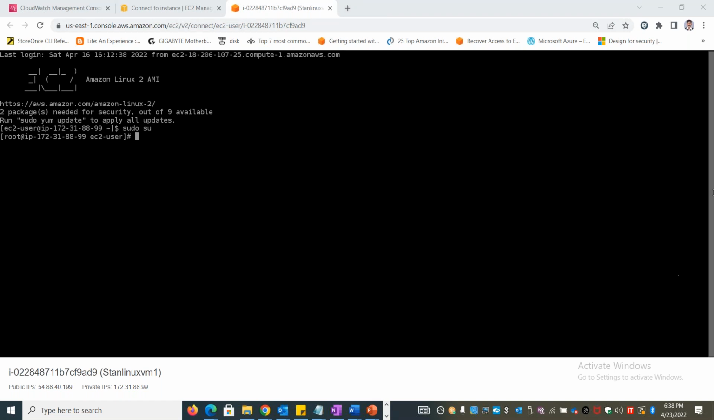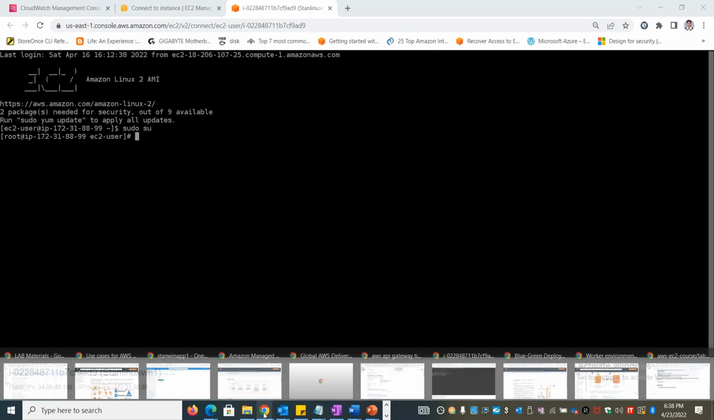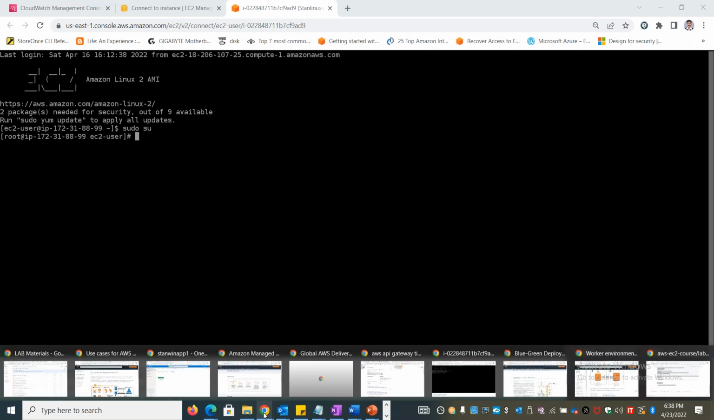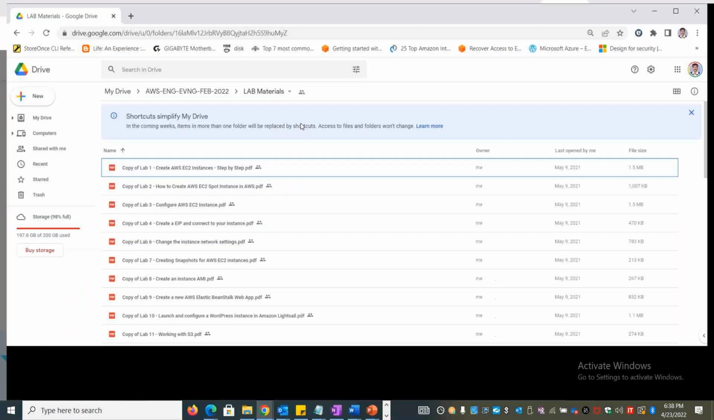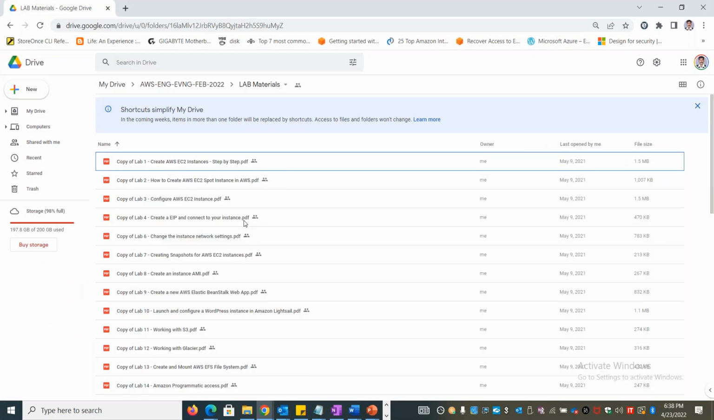So how many of you are practicing effectively? How many of you are going through the labs that are there in your Google Drive access? So there are around 50 labs that I've given you access to, right? See, if you practice these 50 labs, that itself will be more than sufficient. Okay, for example,